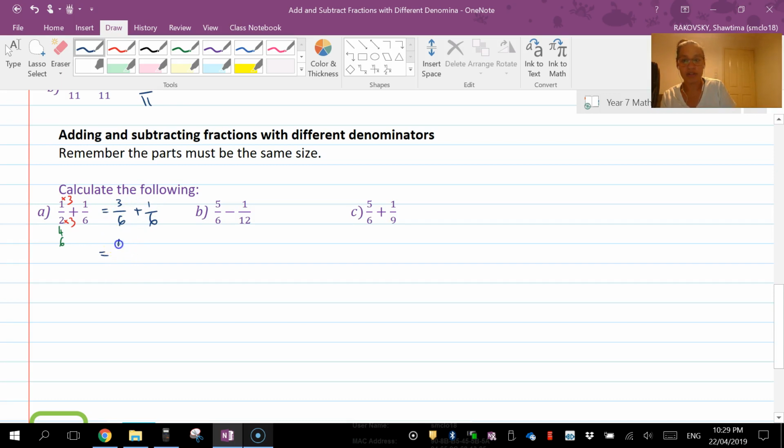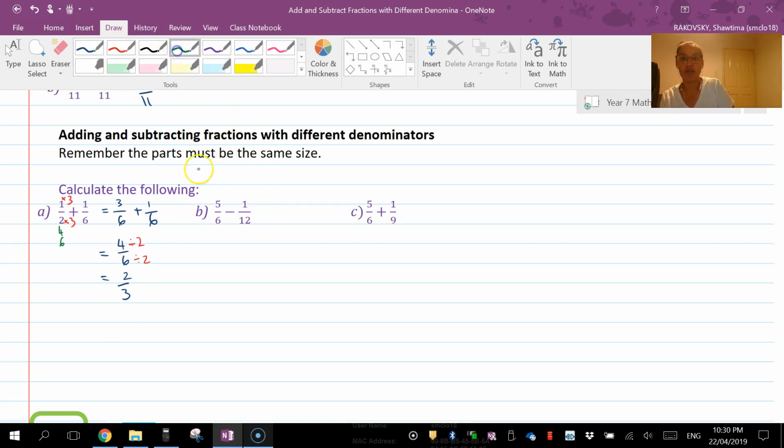3 plus 1 is 4 over 6. Now this is where we make sure, can I simplify? 4 and 6 have a highest common factor. I certainly can. Divide by 2, divide by 2, and that's going to give us 2/3. The next one,